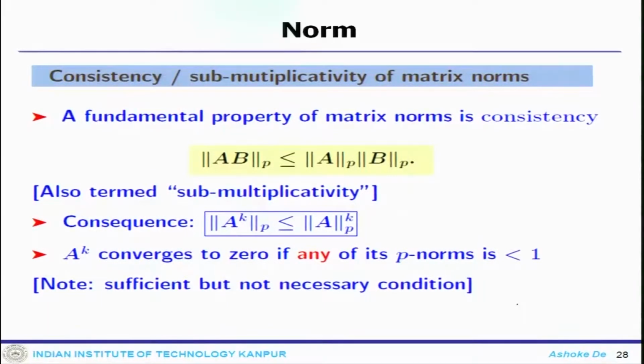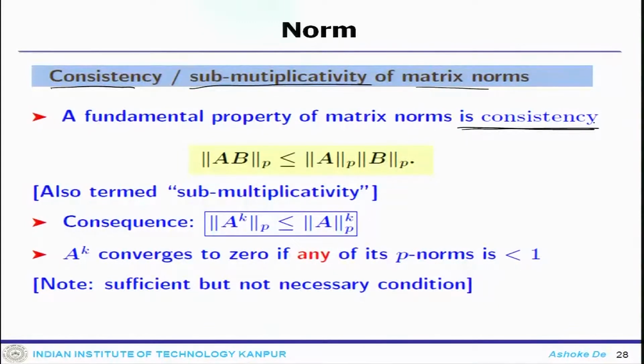Now, the thing which comes to the table is consistency. That is another important piece of information one has to know: the sub-multiplicability of matrix norm. What do they say? The fundamental property of a matrix norm is consistency. That means it has to be consistent, and that pretty much applies even to our numerical systems. You want to devise a system, numerical algorithm or technique which you want to be consistent.